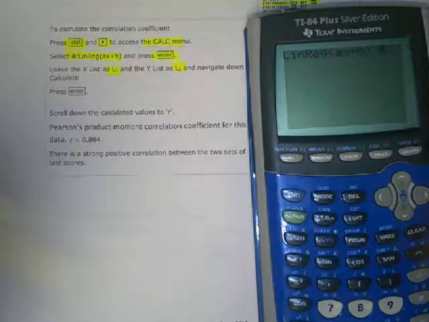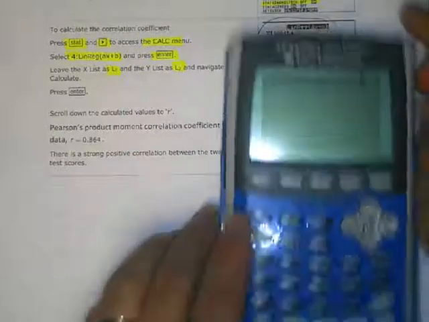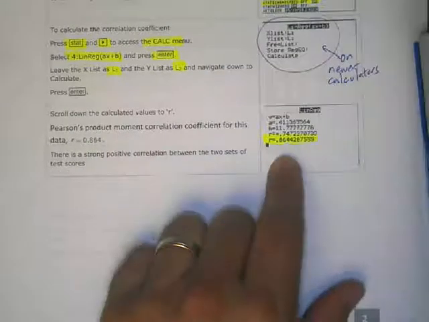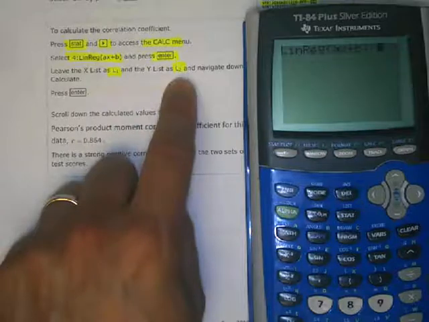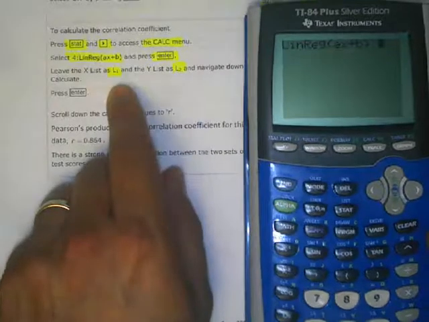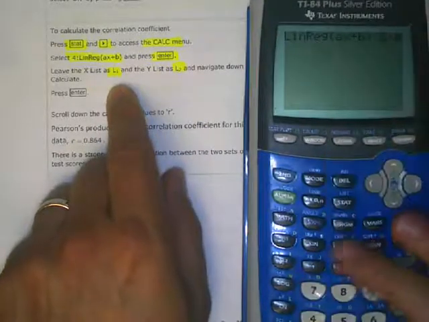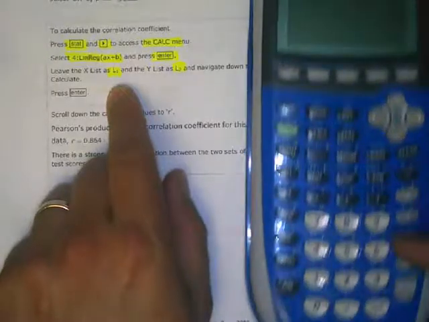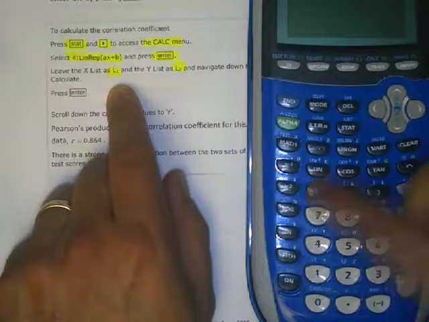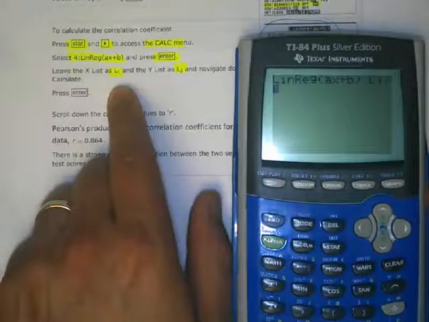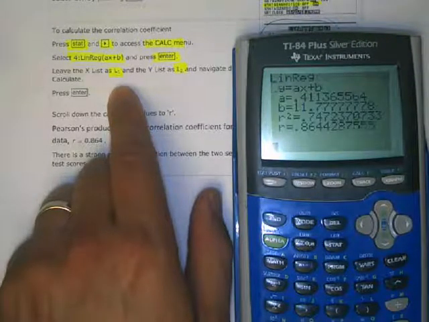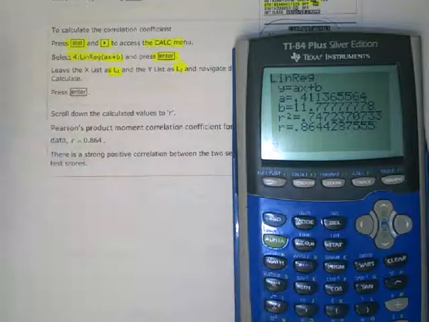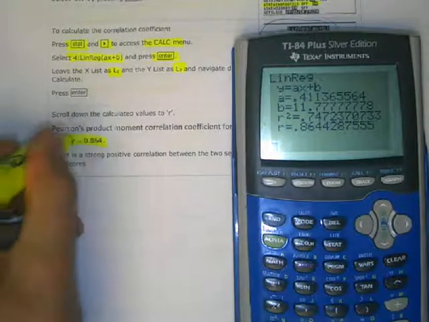So I could simply just hit enter to get the r values, because it chooses L1 and L2 by default, but you could simply do second 1 to get L1, and then the comma, which is right above the 7, and then second 2 to get L2, and then you hit enter, and then that gets me the r value of